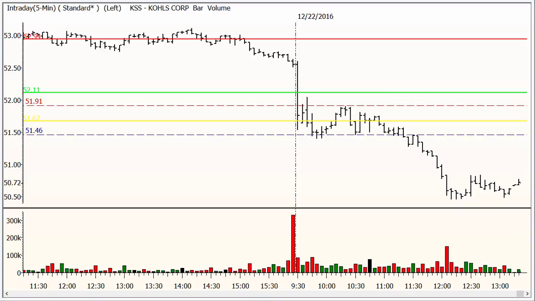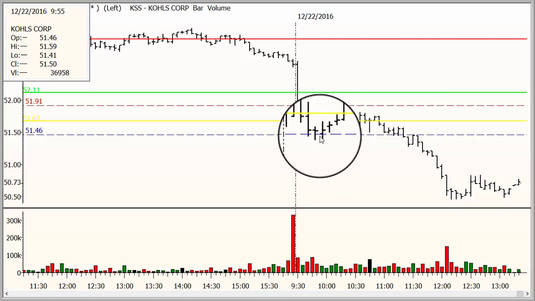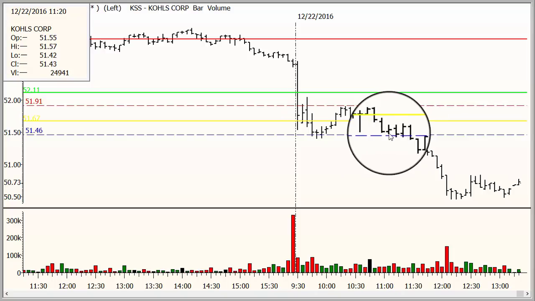And then once you get to 51.46, you can change this to a trailing stop. And of course, what's really going to determine whether it's a capture of this move to the downside or not is whether you set that stop too tight. So the best thing to look at in terms of a trailing stop is this kind of a bar here where we have a high of $51.59, right? So that'd be about a 13-cent trailing stop to prevent you from getting just bumped out of this on random noise,